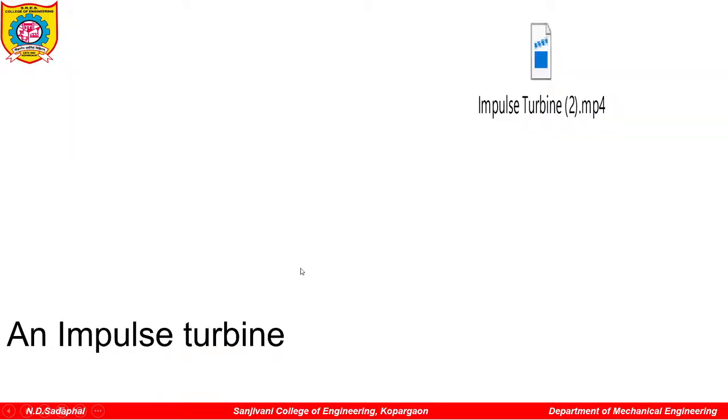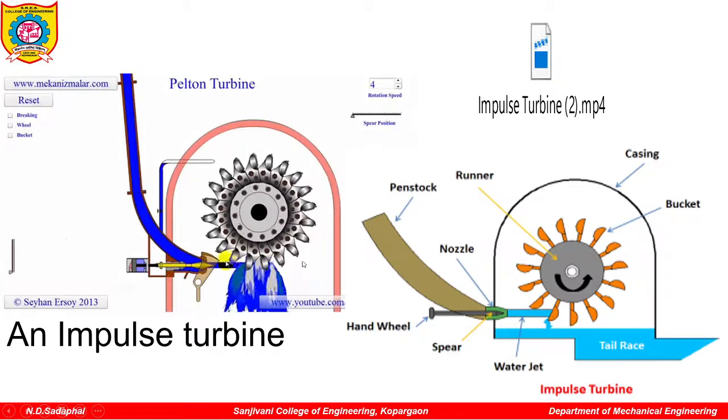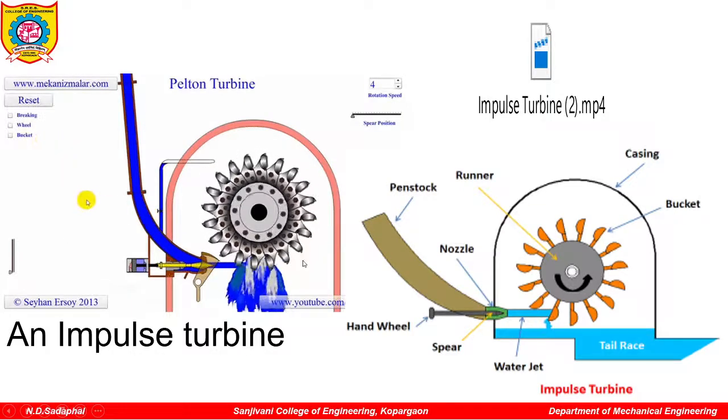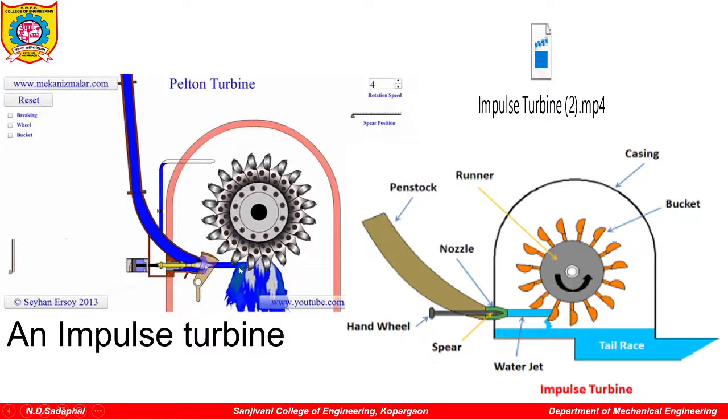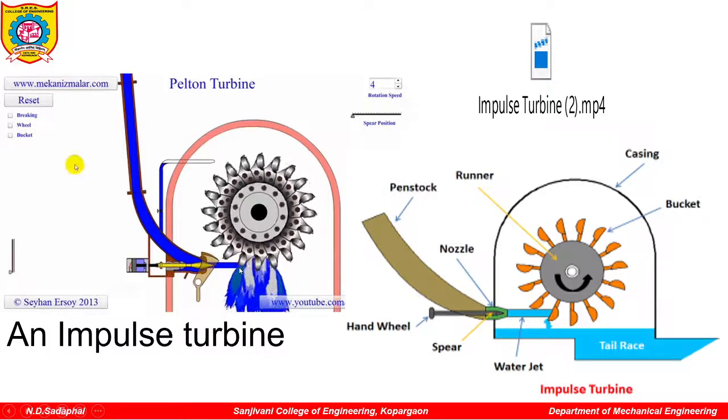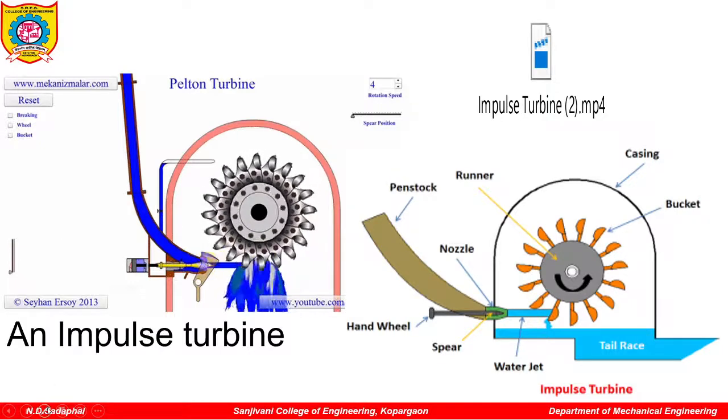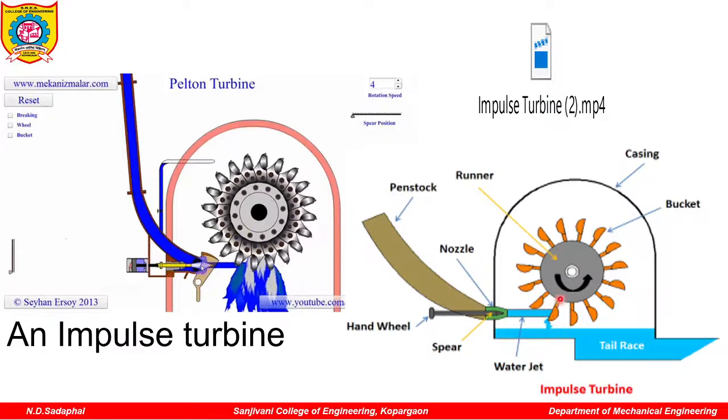So, what is meant by impulse turbine? Okay, you can see here, this is a Pelton wheel turbine or Pelton turbine, which is called the impulse turbine. Due to a sudden impulse of water, the blades of the turbine will rotate. Now you can see here, I will show by a pointer. You can see the red pointer. These are the blades, or they are called the buckets.